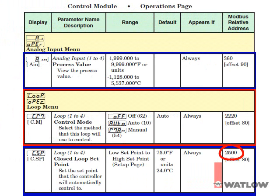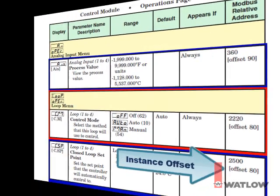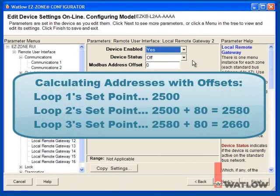Since the set point has the highest address, that's the one we have to pay attention to in selecting the gateway offset. Note that for each Modbus address in the manual, an instance offset is also included. That offset is used to determine the addresses for the other analog inputs and control loops. The instance offset listed for set point is 80, so the address for the second loop's closed loop set point is 2500 plus 80,